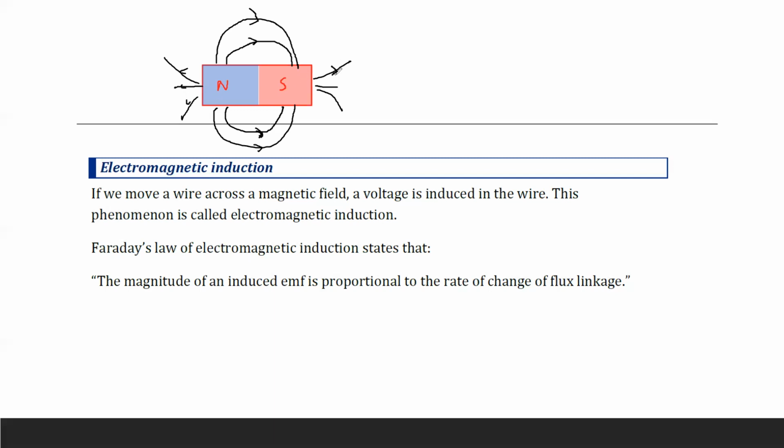If you have a circular wire or a solenoid, a coiled wire, with a sensitive zero-center voltmeter or galvanometer, these field lines are passing through